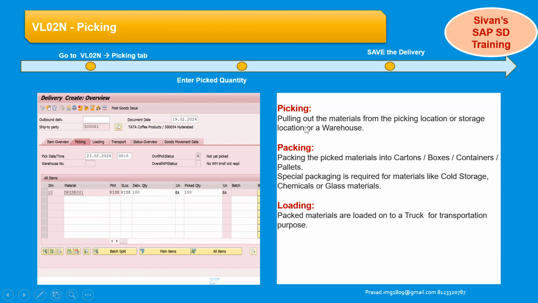Picking. That means pulling out the materials from the picking location or storage location or a warehouse. Packing. Packing the picked materials into cartons or boxes or containers or pallets. So whatever the ease of packing material for the particular material, we will do it. For example, if you wanted to send a courier from one place to another place,